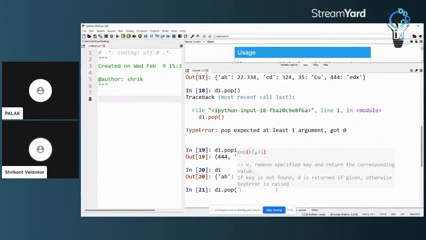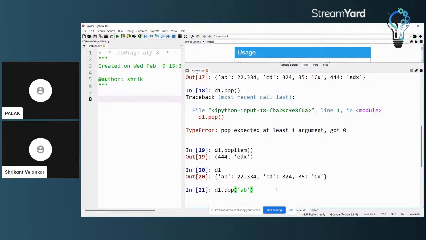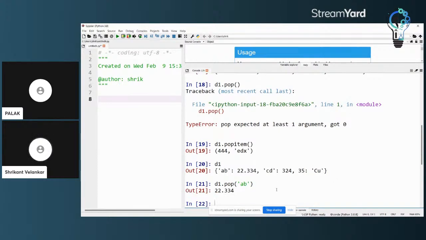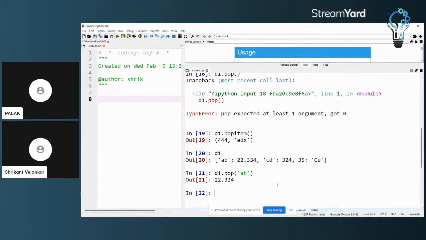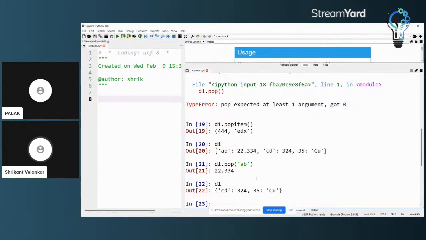If I am removing the item having key AB, you will see that the value 22.334 will be popped out. That is, effectively it will be removed, and you will see now that the dictionary has only two elements, because first I did the item popping, where the last put-in item was removed from the dictionary, that was the 444 key with EDX value.